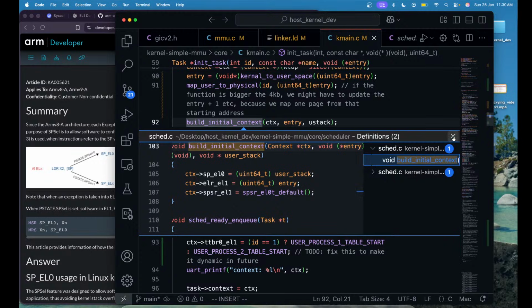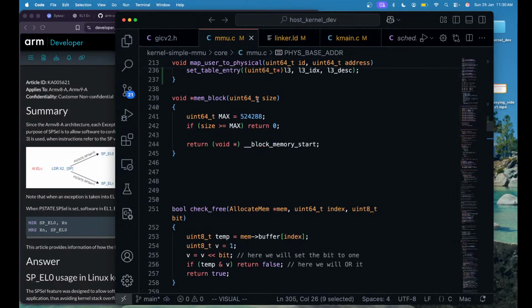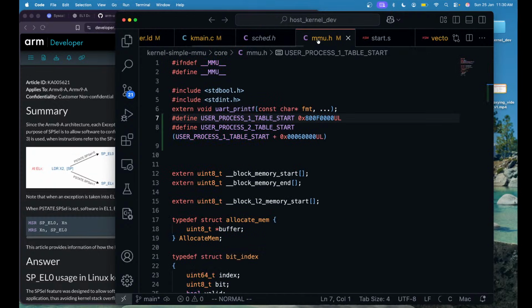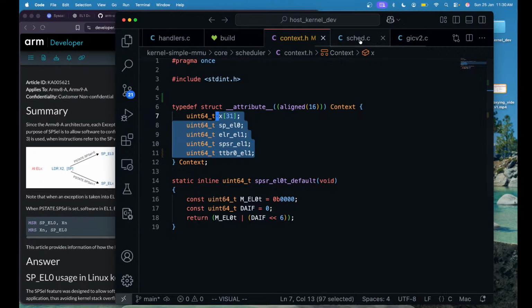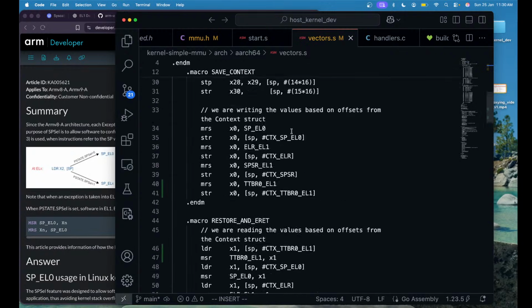The issue probably is that we are not handling the operation. Where exactly is that? My vector.s, and when I save something,